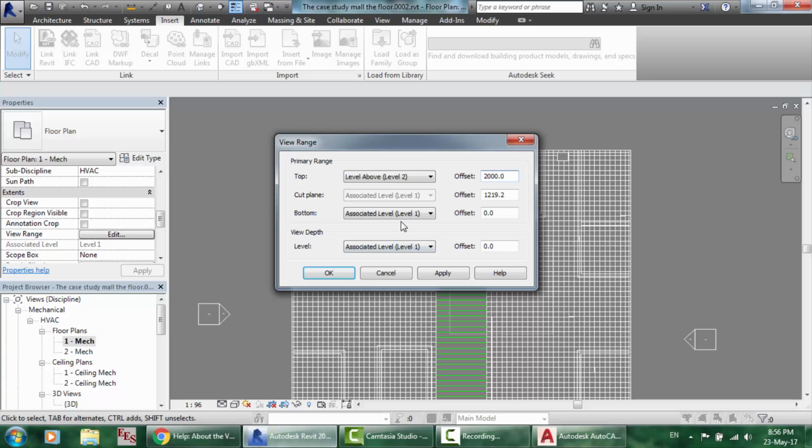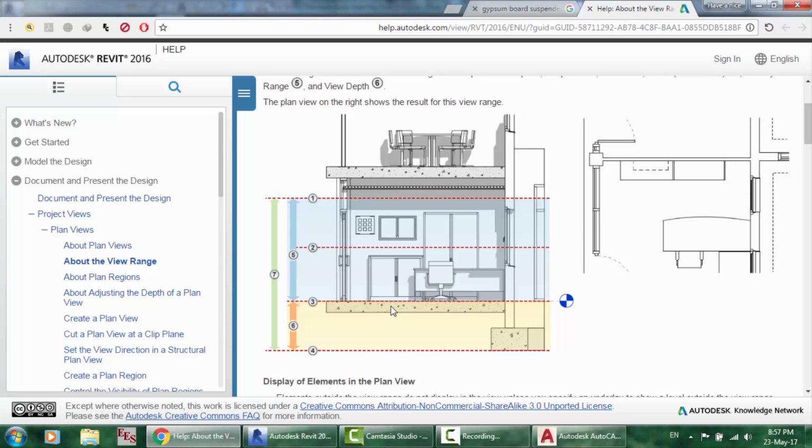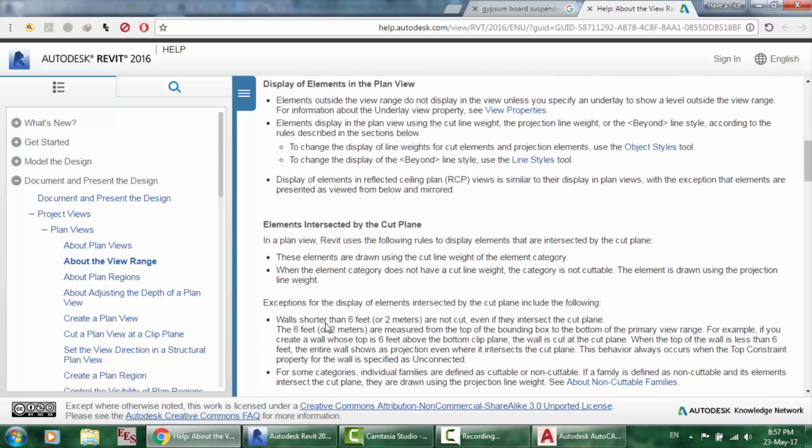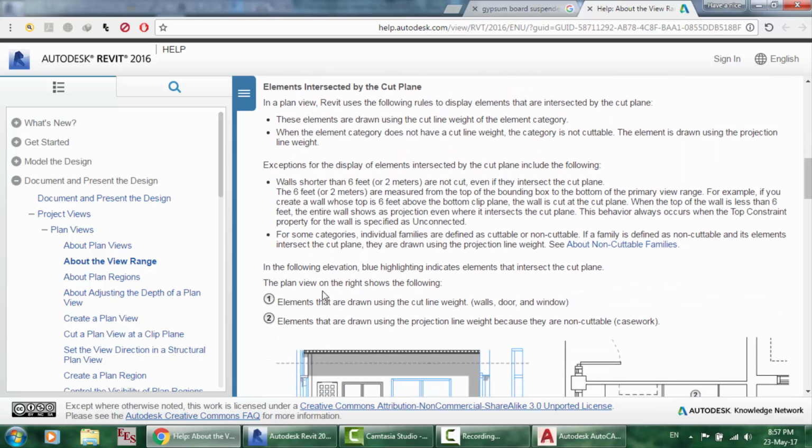Okay, and also the view, and here the bottom. If you want to see up to the bottom, make it 0. Okay, or the level below. Okay, here